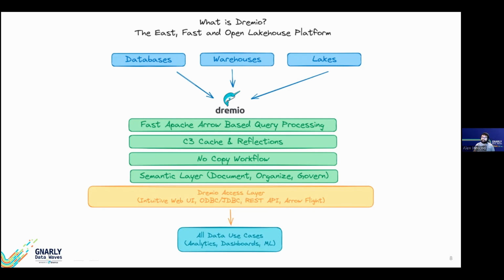They can read the documentation on it. They can see it well organized, make it super discoverable. And they have easy access to it because they can access it really easily through the web UI, but they can also connect it to their favorite Python script or their favorite BI tool using its ODBC, JDBC interface, REST API, Arrow Flight endpoint. Arrow Flight is going to be a big topic of today,